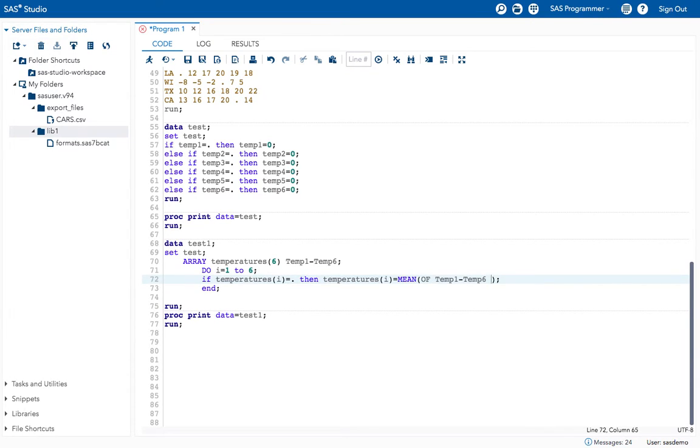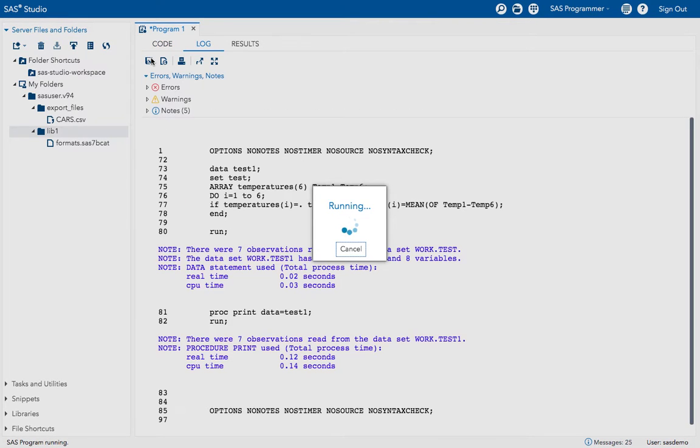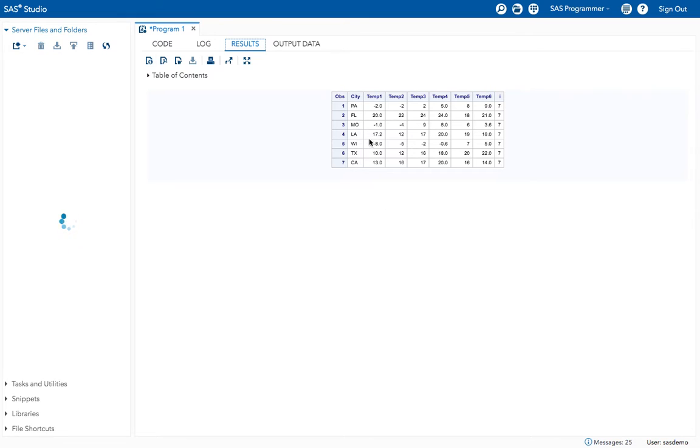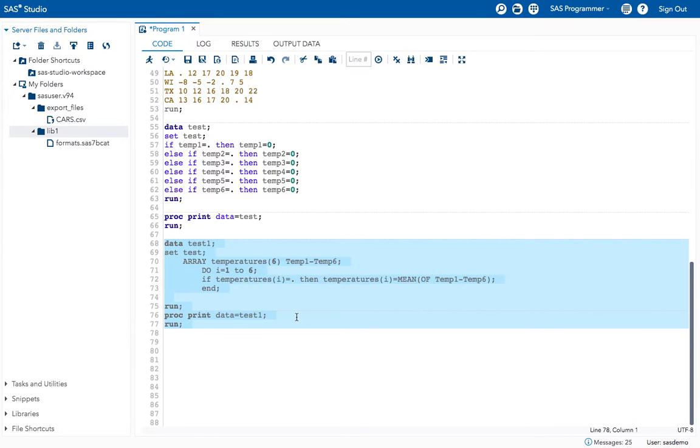Now if I execute this program, the missing values are replaced with the mean of the remaining values. By default, SAS will not consider the missing value when computing the mean.